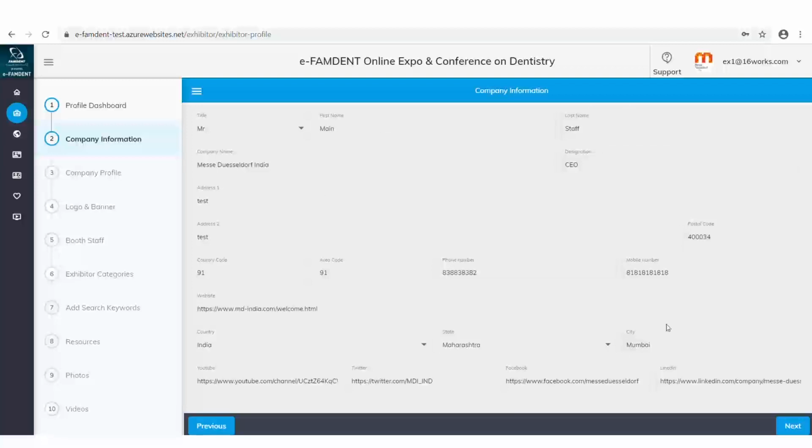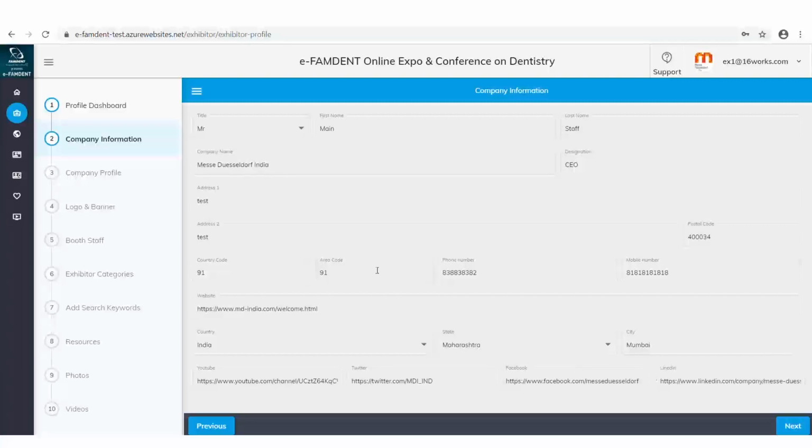Take it seriously. We have also given you options for some social media links. So if you have any social media pages like your Facebook page or a LinkedIn page or a Twitter page, or if you have a YouTube channel, you can also add all of that information here.